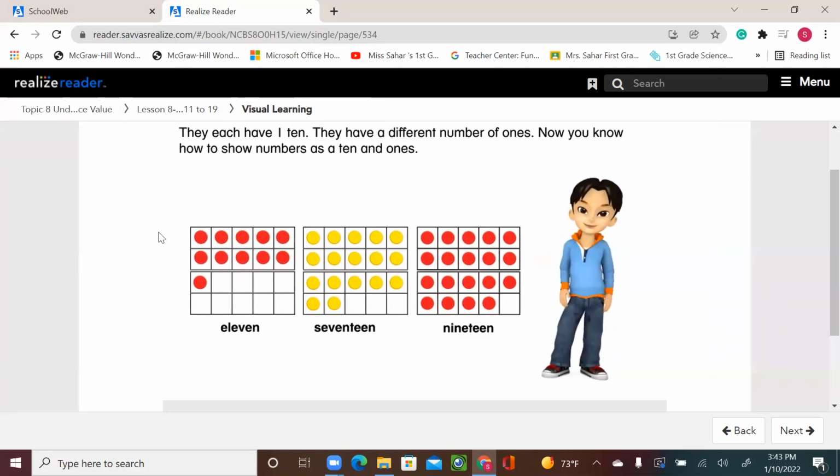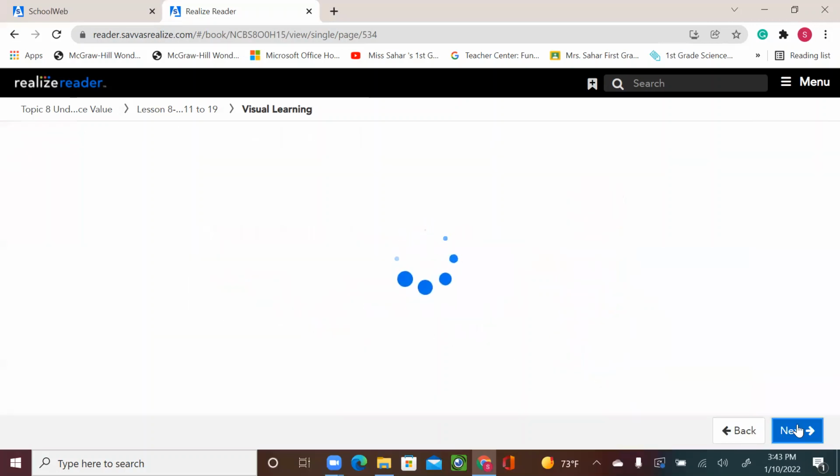So, as we know, from 11, this is how we start our lesson. From 11 till 19, we recognize and notice that each number has one full 10 that's filled with counters. So there's 10 counters in each 10 frame, and then there's leftovers that are different when we add them. And we know that when we have a full group of 10 or one full 10 frame, we call it one group of 10, or 10, and then we add the ones that we have. Right? So let's see another example